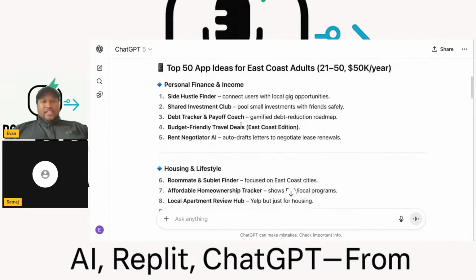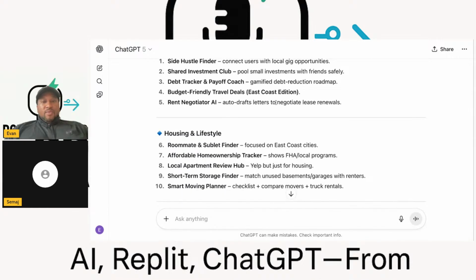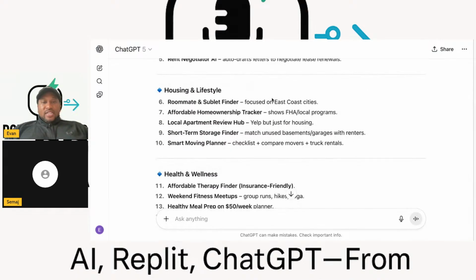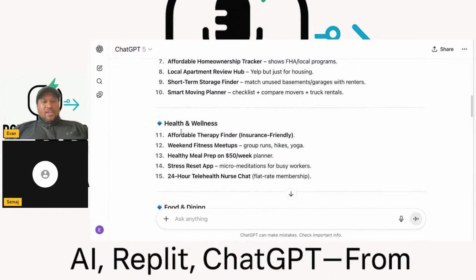So personal finance: side hustle finder, shared investment club, debt tracker and payoff coach, budget friendly travel deals, rent negotiator. What? Auto drafts letters to negotiate lease renewals. Roommate and sublet finder, affordable home ownership tracker, local apartment review, short term storage finder, smart moving planner.